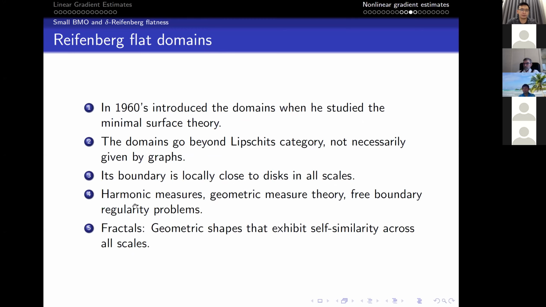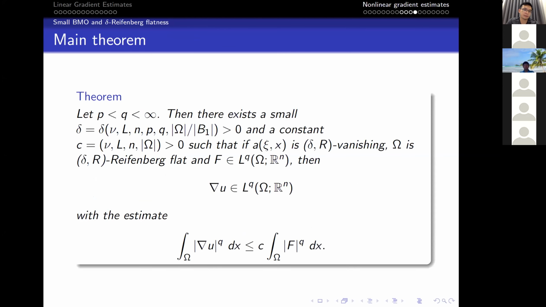Also, this domain appears very often in harmonic measure and geometric measure theory, also free boundary problems. And the good thing is that the boundary can be fractal. And fractal means that it is a geometric shape that exhibits self-similarity across all scales. So, okay,